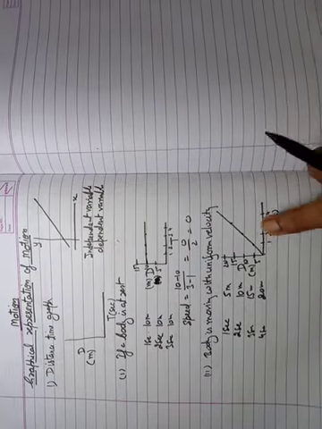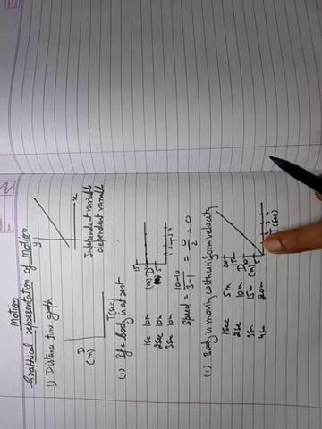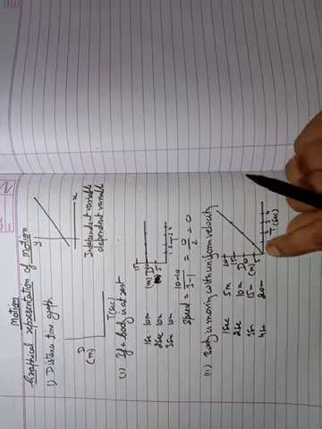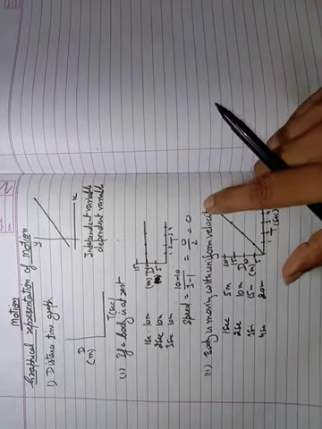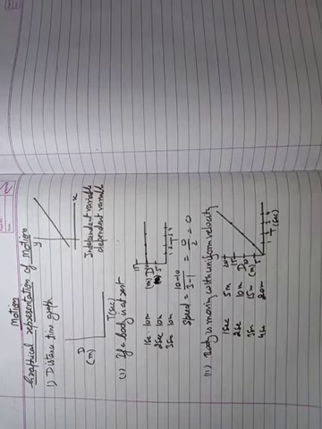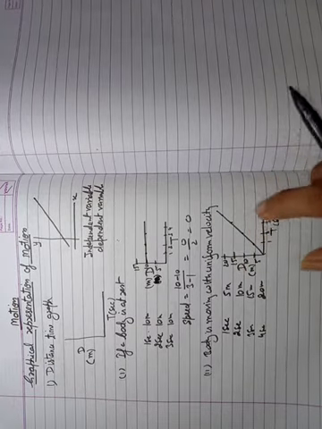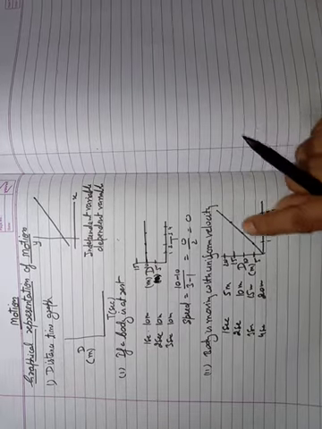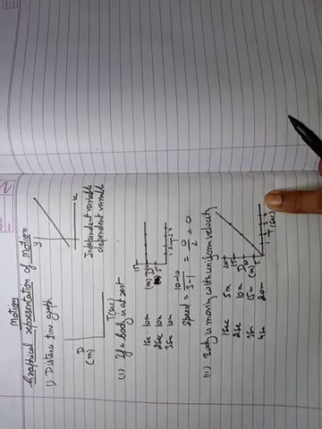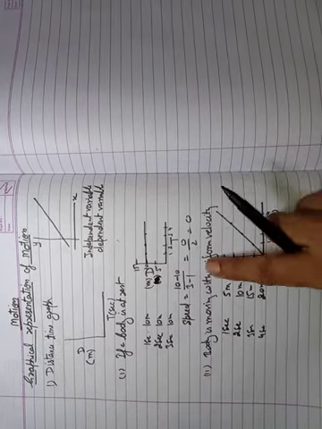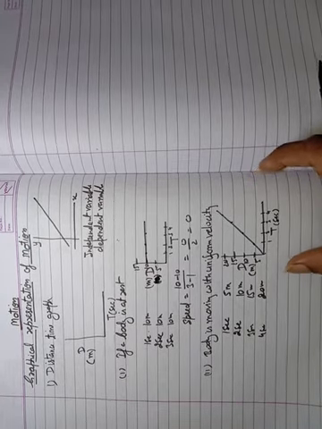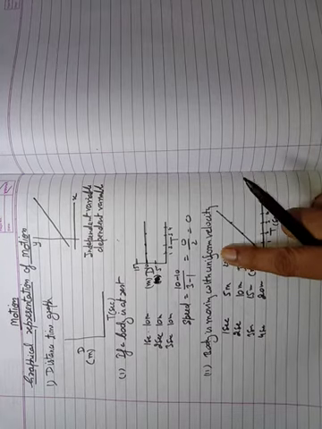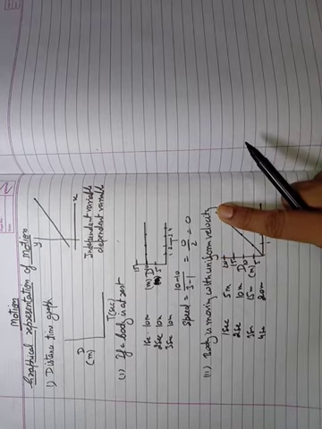This type of graph is a straight line but not parallel to the time axis. So if a straight line is drawn in a distance-time graph, it represents a body in uniform motion. The body has uniform motion, but the straight line should not be parallel to the time axis. This type of graph represents a body that has a uniform motion or uniform velocity.